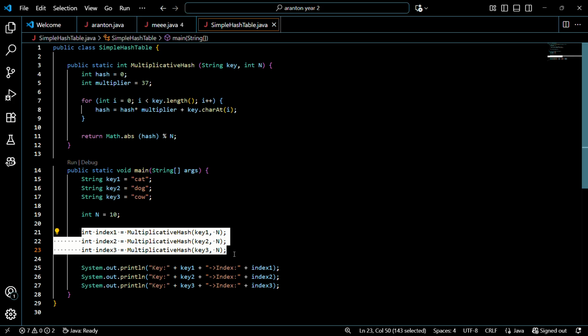These codes call the multiplicativeHash method for the keys. Index 1 stores the hash index of cat. Index 2 stores the hash index of dog. Index 3 stores the hash index of cow.